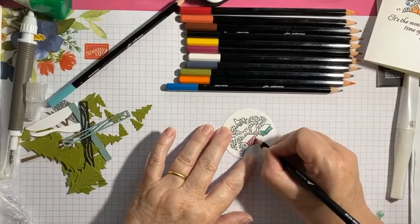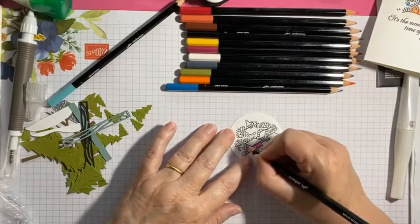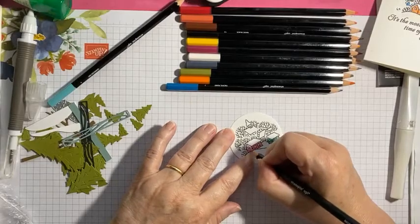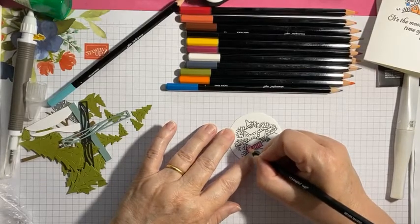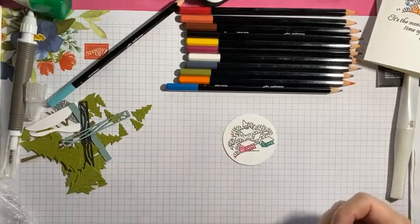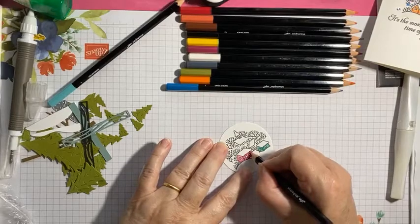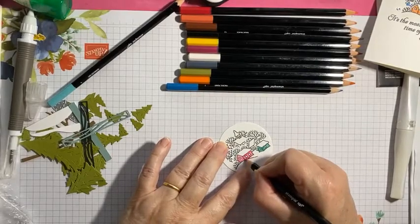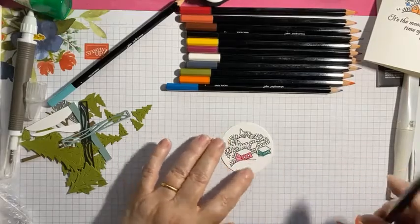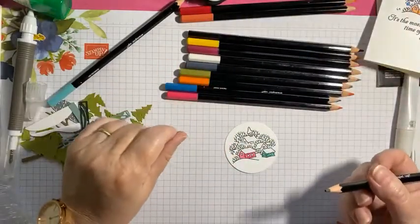And the other thing you can do if you want to is you can use the Wink of Stella on this as well to give the houses a bit of a shine. You wouldn't necessarily, I think, want to make the main buildings shiny, but obviously you can do the roofs. That's that. Okay, I think let's do the church